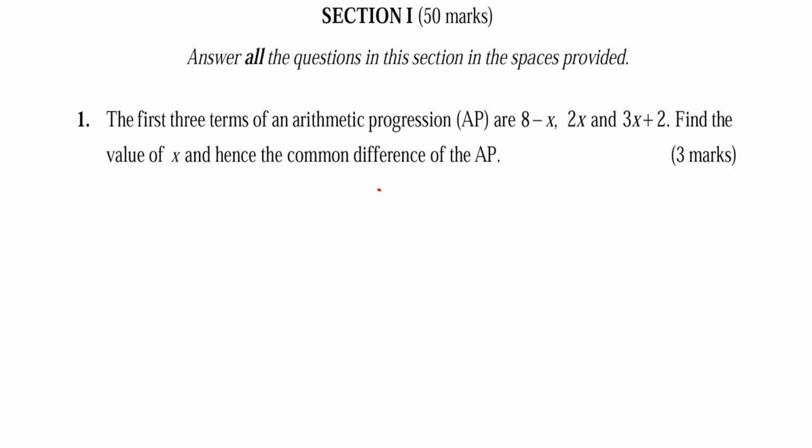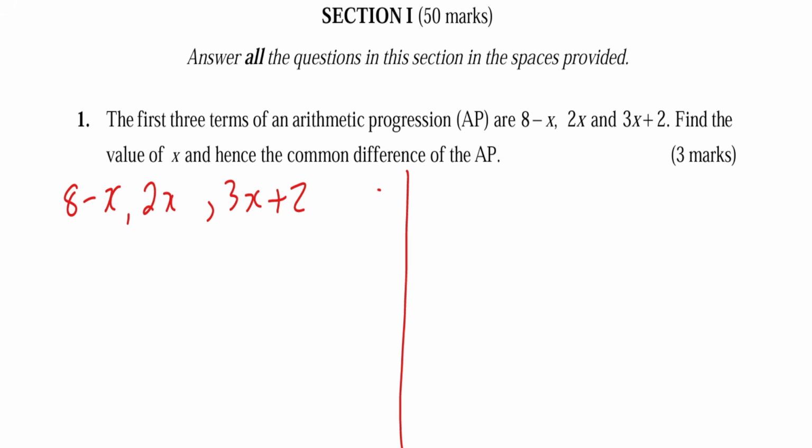Now question 1, the first 3 terms of an arithmetic progression are 8 minus x, 2x, and 3x plus 2. Tamam. So umeulizwa find the value of x and hence the common difference of the AP. So if this is an arithmetic progression,